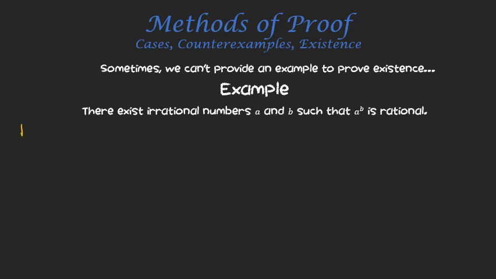And this is an example of one of those weird cases I'm talking about where, well, we can't identify exactly what the numbers a and b are, but we'll give a couple of options and prove that one of those options has to work. So proof, I'm going to start by saying, I want to say consider